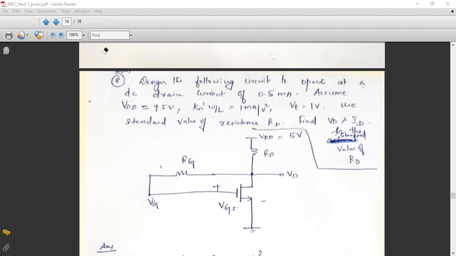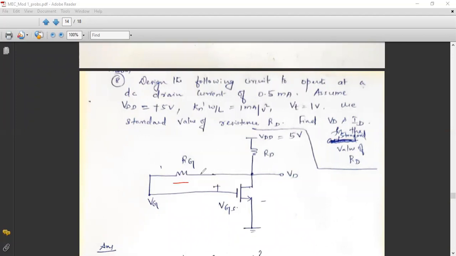If you see the circuit diagram, it is understood that a resistance RG is connected between gate and drain. So this is the same as your gate to drain feedback network. You have already familiarized with the biasing circuits, right? Out of which one biasing technique was using the gate to drain feedback resistance.